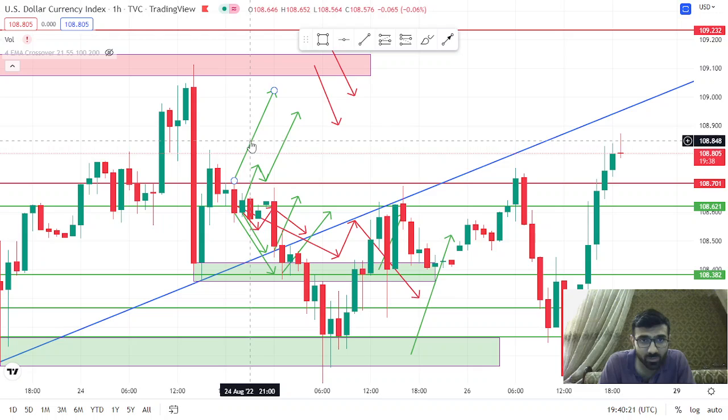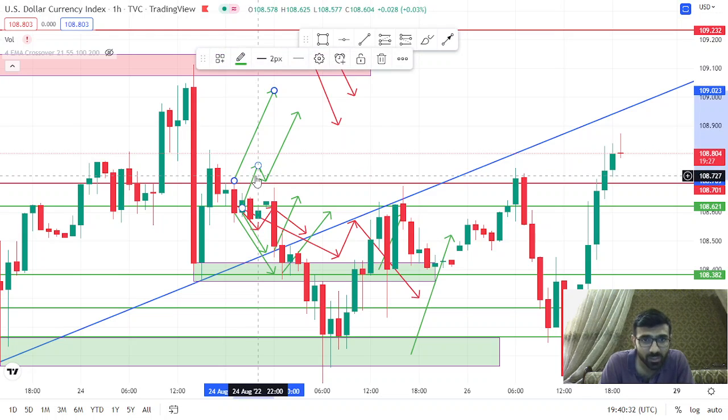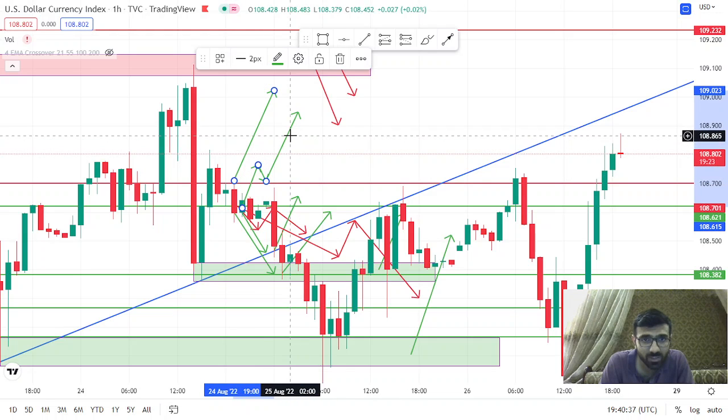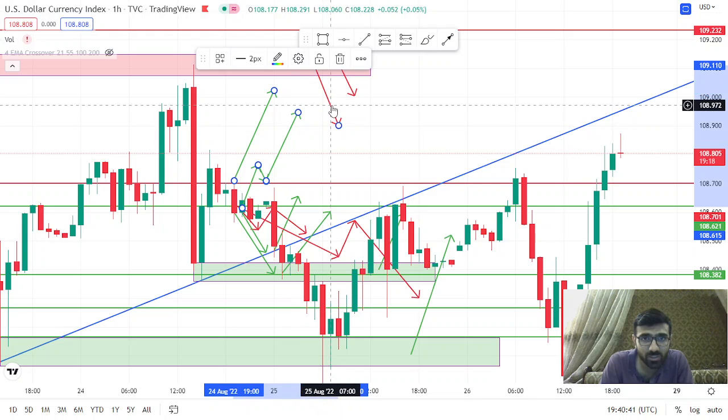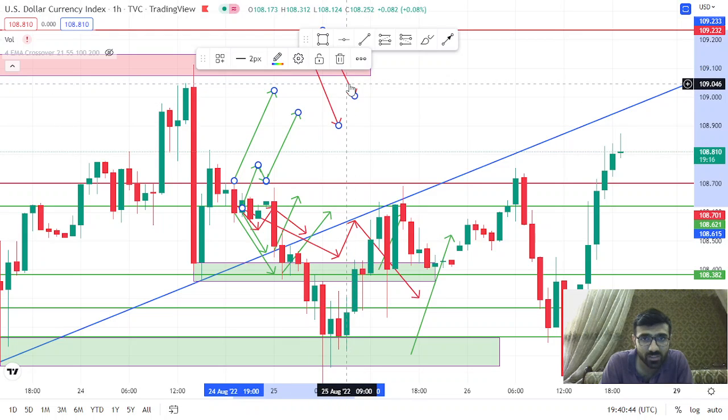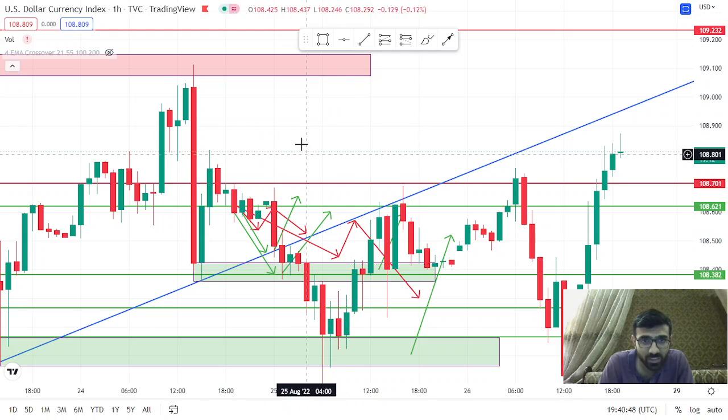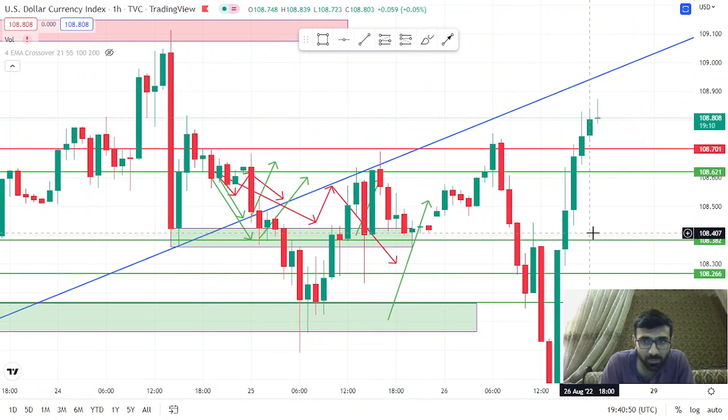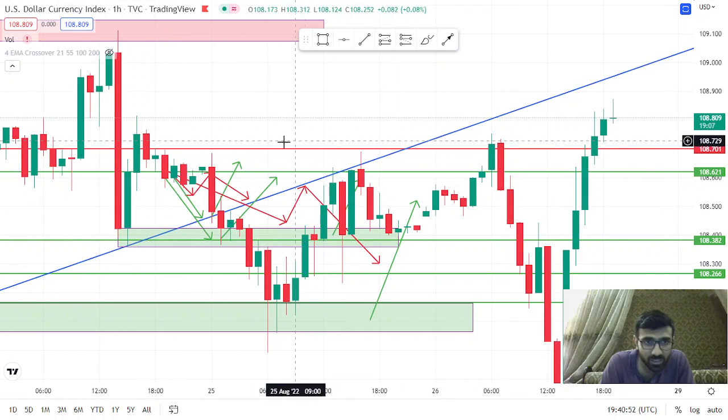Okay, so first of all, this was a good buying scenario, but rather aggressive or a risky buy, but this did not happen. Then it was a retest buying, and this scenario did not happen as well. So we would remove these two scenarios, and these were two scenarios of risky sell just in case the market reaches these areas, but that didn't happen as well. So what happened was that the market